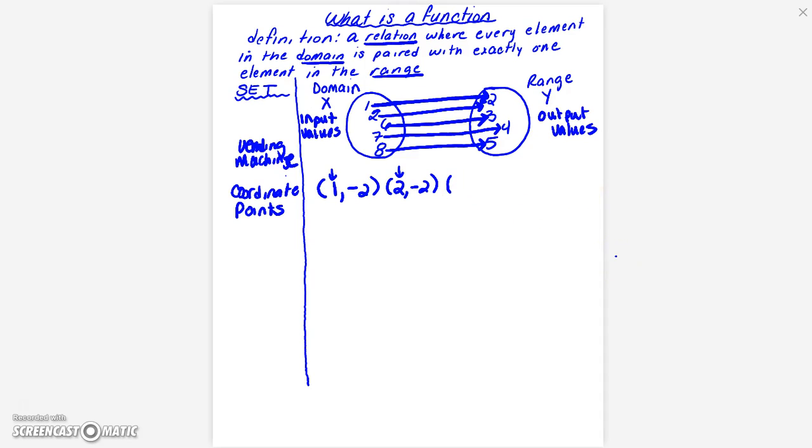And then if we input 6, our output is 3. If we input 7, our output is 4. And if we input 8, our output is 5. So we can also look at it as coordinate points. We can turn those coordinate points into a table, right? Where our input